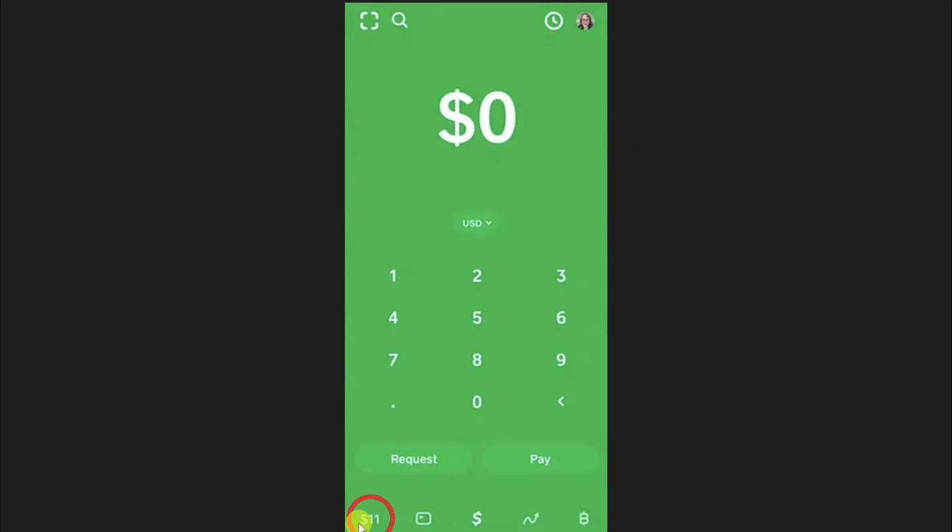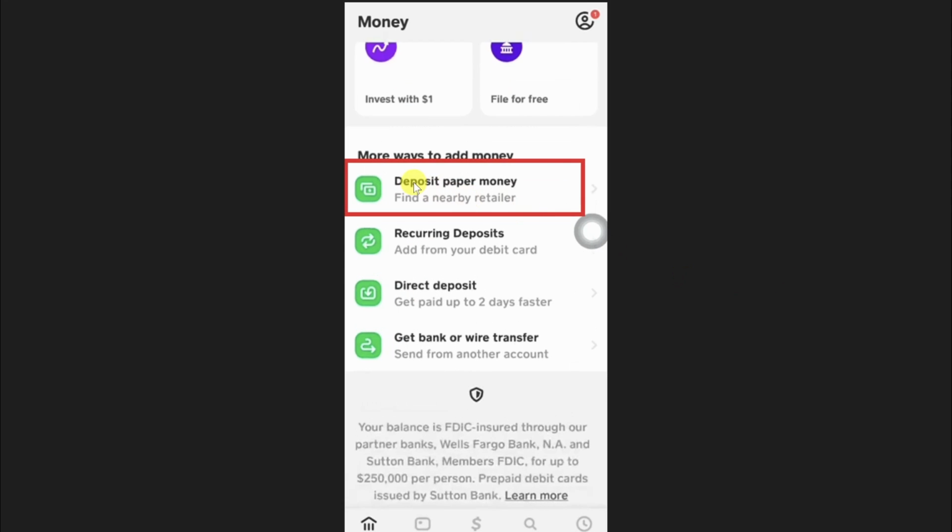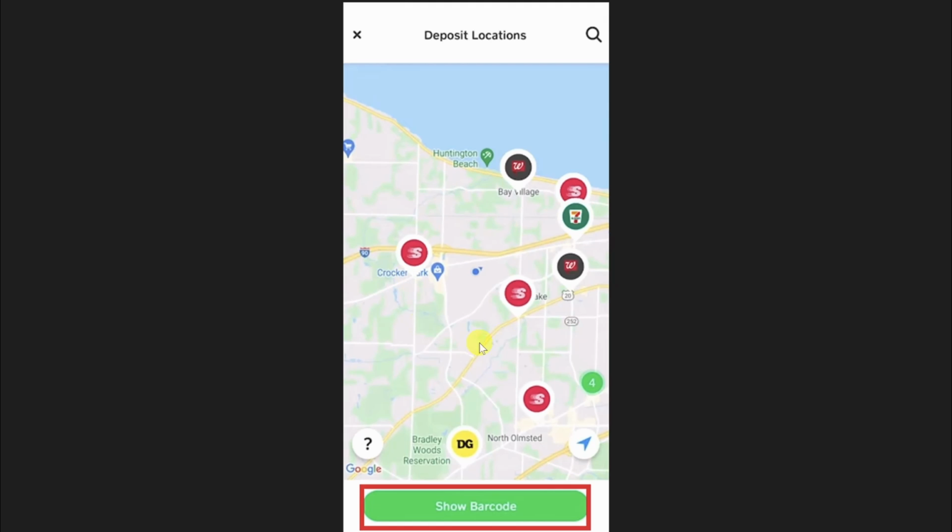From here, simply click on this balance at the bottom, so it will show your current balance. So simply click on that, and now from here, simply select open up this option deposit paper money. Now once you select that option, it will show you all the locations that you can add your dollar bills